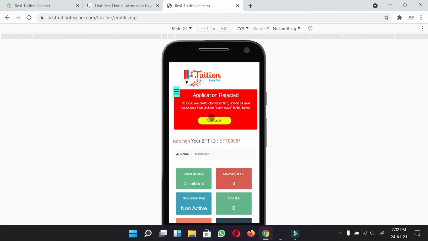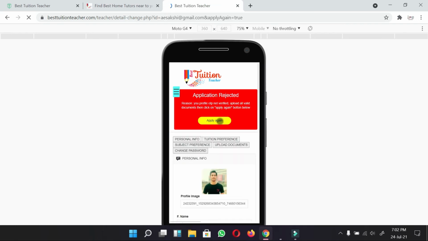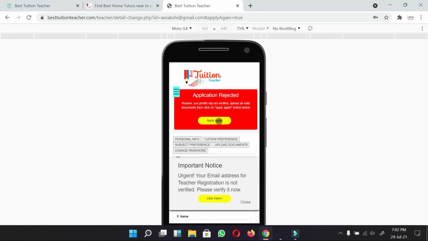Yes, this is the apply again button. Once you have uploaded all the documents and filled all the required fields, and you think your profile is completed, then and only then click on apply again. Once you click on apply again, the request goes to the admin to see this profile once again.